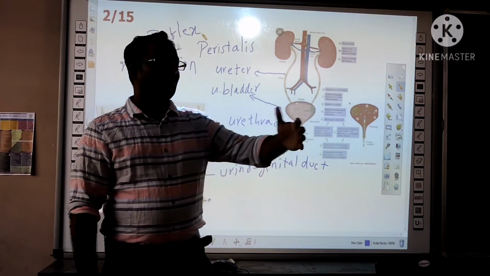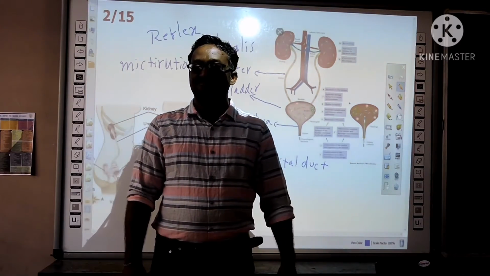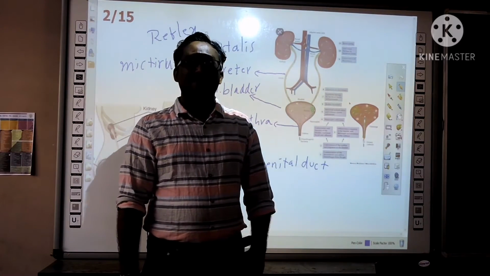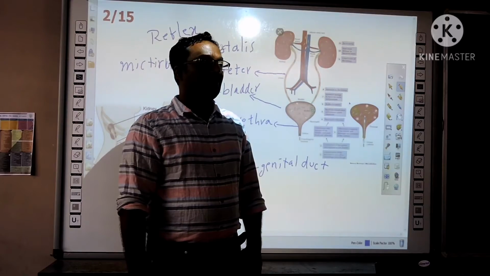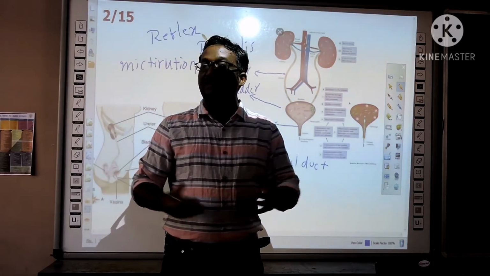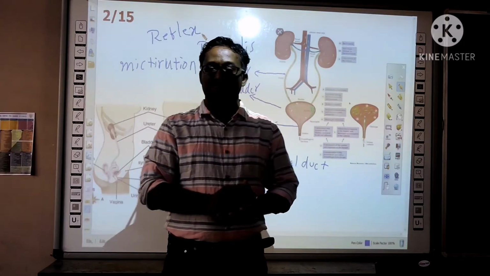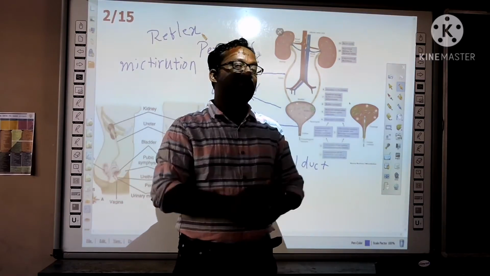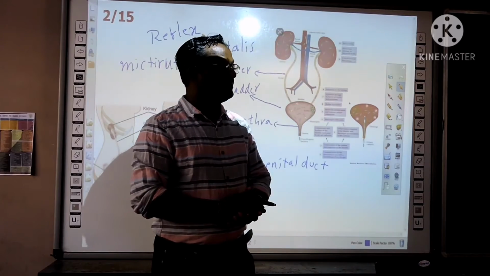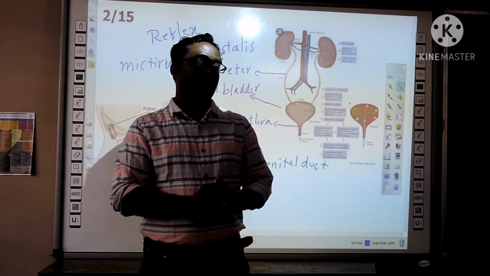Why do we produce more urine in the winter season? In winter, we frequently go for urine. What is the reason? Because in winter, the body temperature changes to keep our body warm. The temperature changes the blood pressure. To regulate the blood pressure, the excess water is removed from the body. Understand? The excess removal of water in winter controls the blood pressure.